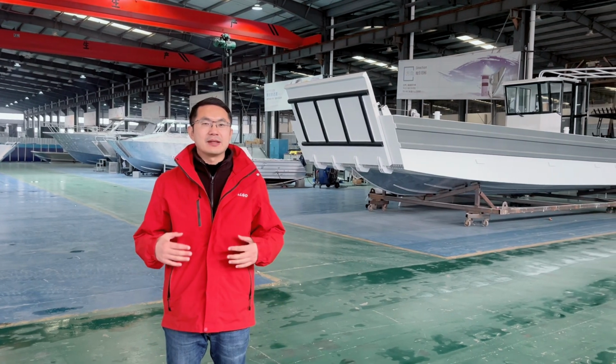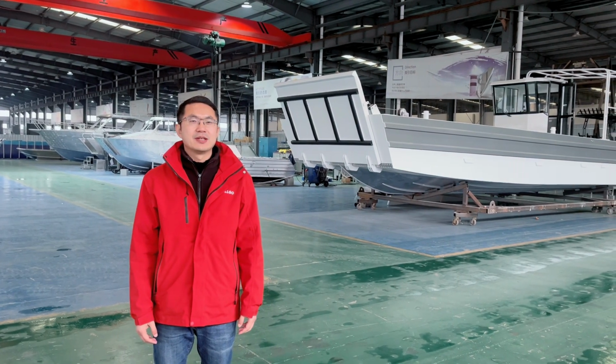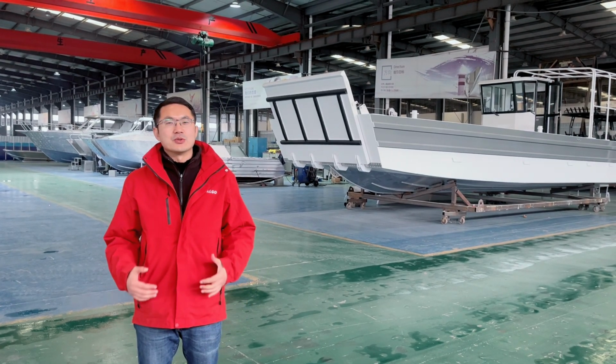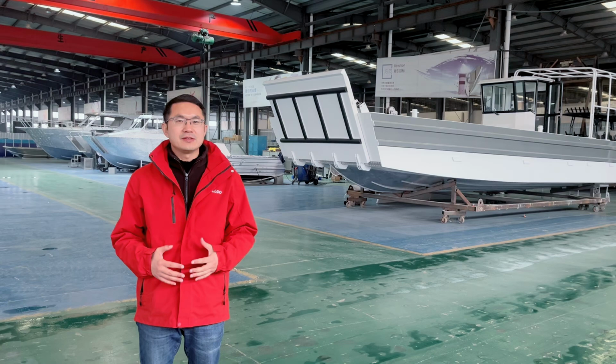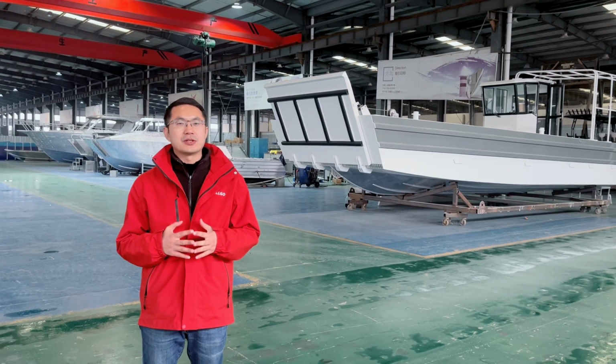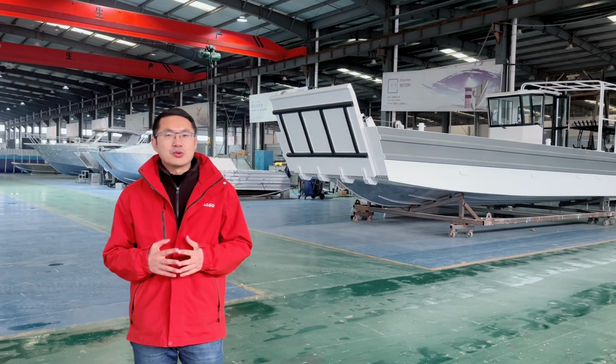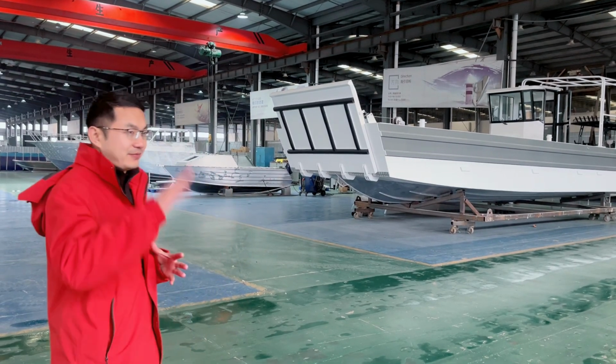Today, I'm with my dealer from Philippines to visit the factory of our landing craft. So it's a very successful visit, and we did an inspection of one of the aluminum boats, 11 meters. So you can see behind me, we have this